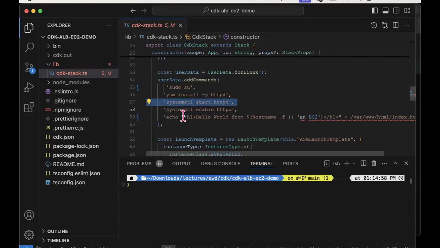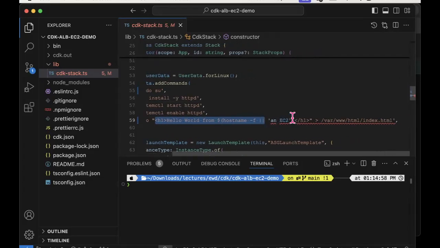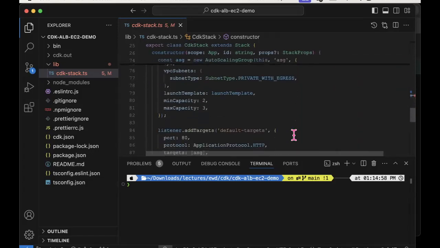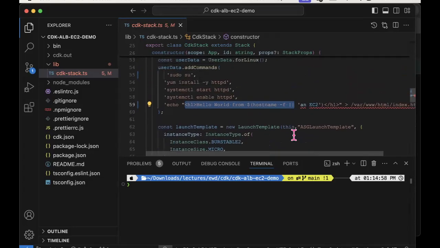And I am creating a piece of HTML, and I'm making this piece of HTML essentially the home page for my Apache server, because I am writing it to this particular file on my EC2 instance, and this is the actual path where the Apache server goes looking for its home page. And there's some other stuff down here as well, which we needn't worry about.